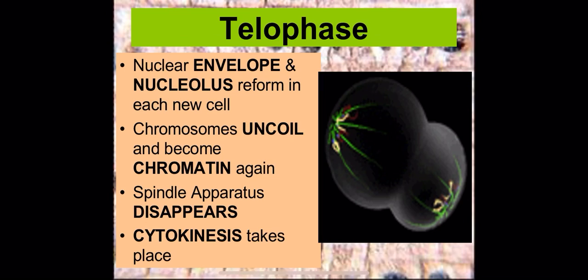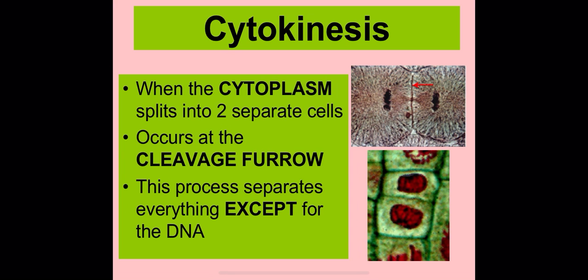So if you look at this diagram, this picture, you can see where it almost looks like two googly eyes, essentially, where there's a pinch off towards the center. That's called the cleavage furrow. And the cleavage furrow is the location where the cytoplasm is beginning to pinch itself separate. So telophase is where the cleavage furrow forms. And then this is immediately followed by cytokinesis.